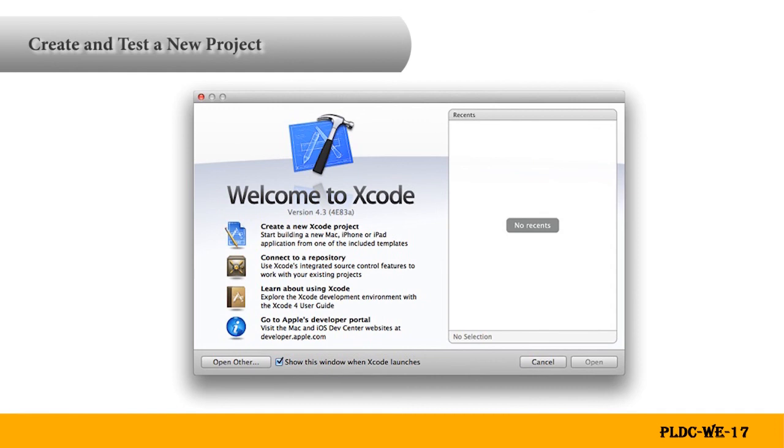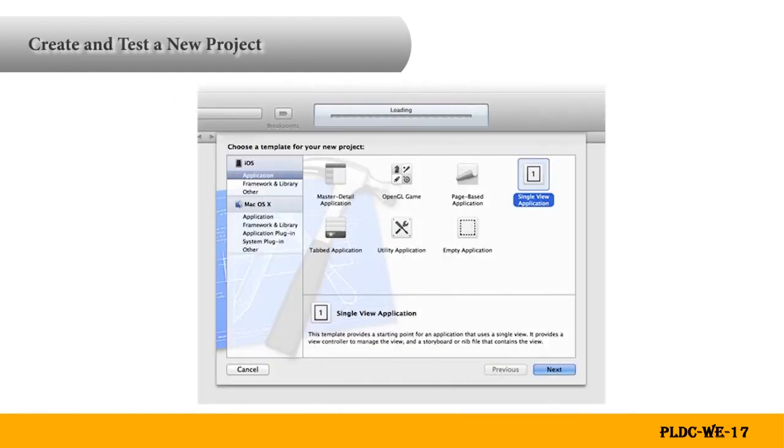Xcode opens a new window and displays a dialog in which you can choose a template. Xcode includes several built-in app templates that you can use to develop common styles of iOS apps. For example, the tab template creates an app that is similar to iTunes, and the master detail template creates an app that is similar to Mail. What is next? In the iOS section, at the left side